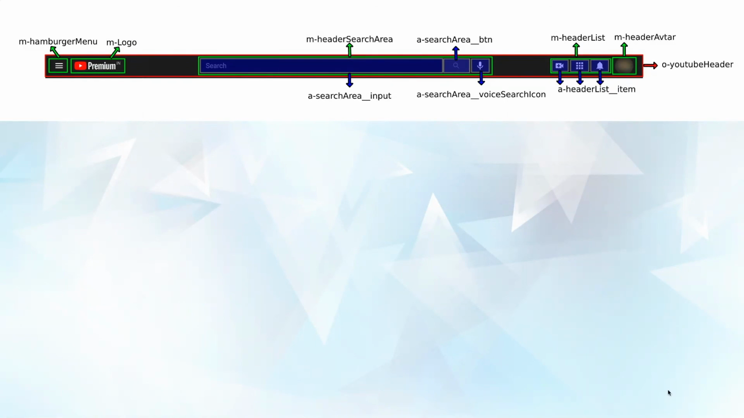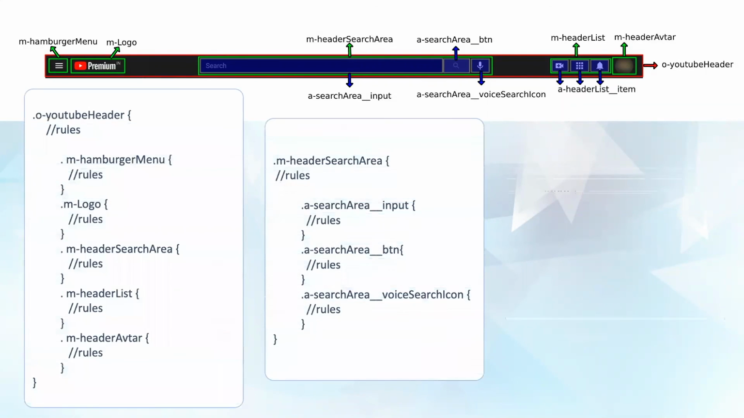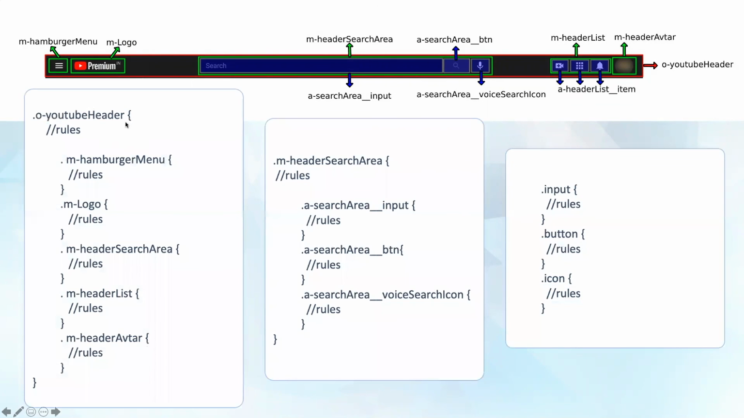When we discuss BEM, we often focus mainly on the naming convention. But one thing about ABEM is the greater specificity control. Let me show how it can be achieved. Here you can see all the rules or styles of YouTube header. So in that sense, we can say that the layout, the space, and the basic styling of the YouTube header, the organism level styling, can be put inside this